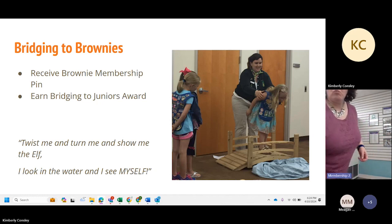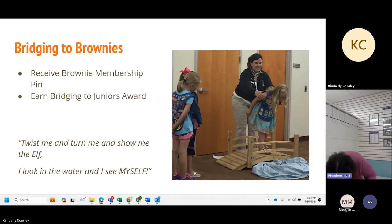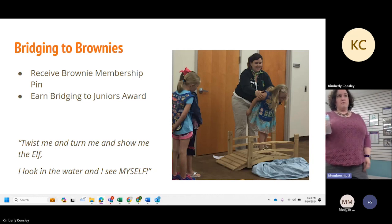There are instructions for bridging in every level handbook. So at the very end of the handbook, it'll tell you for your level what you need to do to bridge. The Brownie story is in the beginning of the Brownie handbook. So if someone's looking for that. And then the Brownie bridging activity that Mandy mentioned, I believe is in the GSUSA guide to bridging,